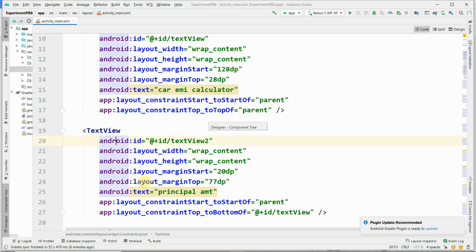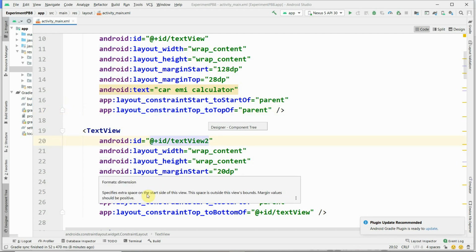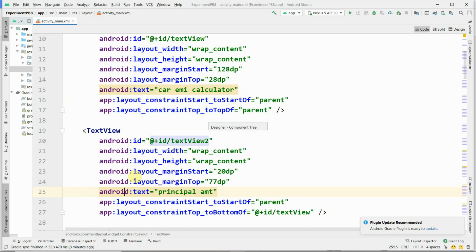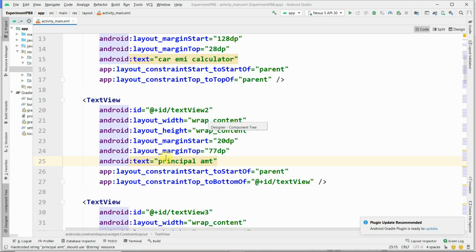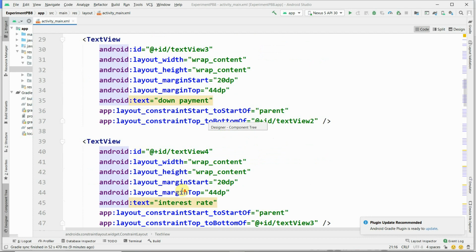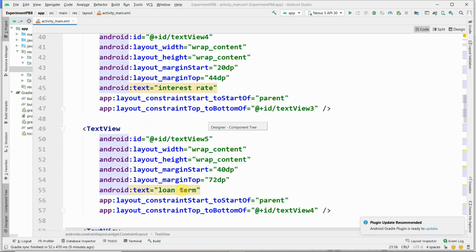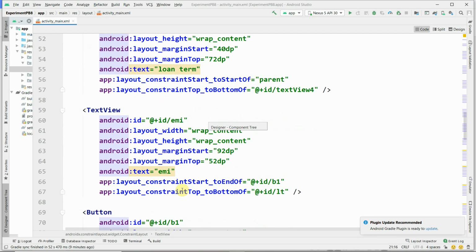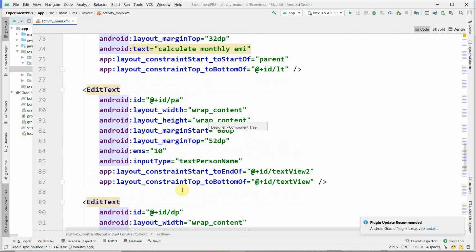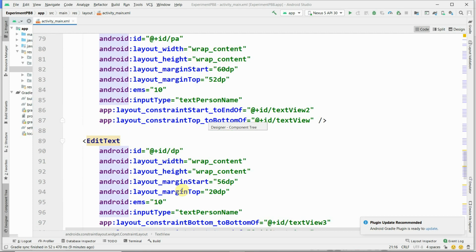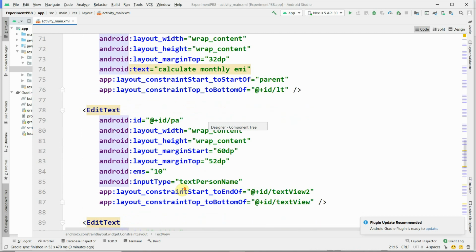Next is text view 2, whose label is principal amount. This code is automatically generated when we design the interface, for the buttons, edit texts and all these controls.